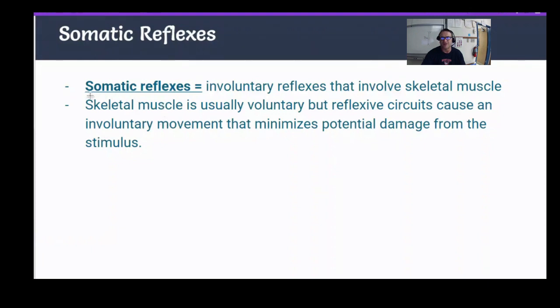So these are called somatic reflexes. If you remember from last unit, the somatic nervous system, that's your skeletal muscles, that's voluntary control. Well, this is kind of the same because it does involve your skeletal muscles, but this is going to be involuntary. Your reflexes involve skeletal muscle, but they're involuntary because this is going to minimize potential